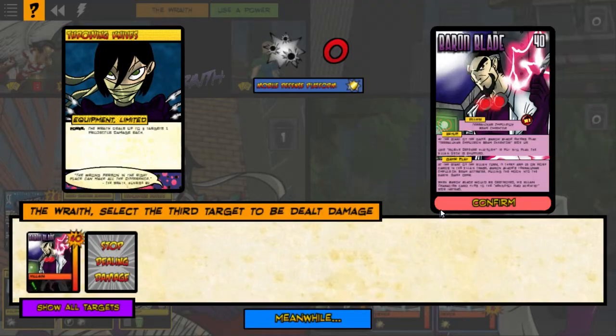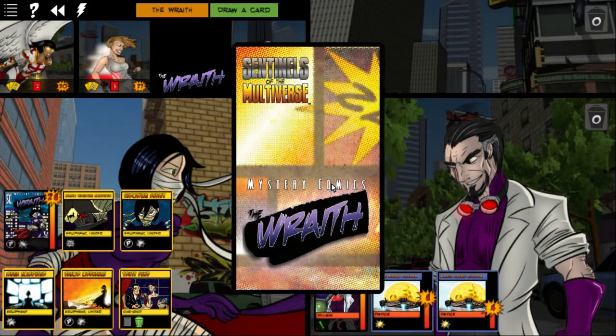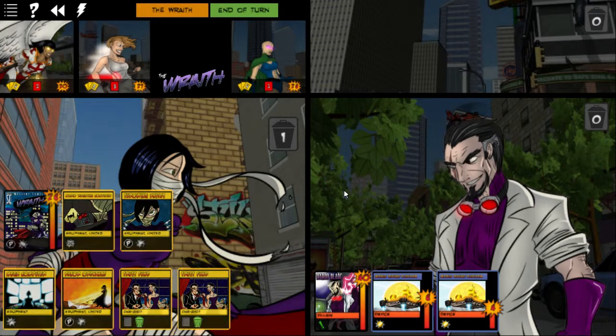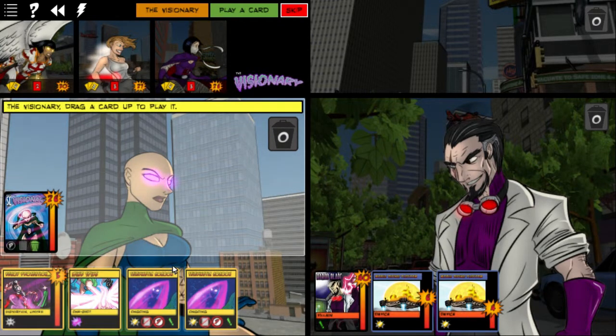Another 3 damage to that. And then we can't hit Baron Blade because he's got the defense platforms in the way, which is a shame. And it's next the Visionary. Now, I have no idea how the Visionary plays. What has the Visionary got? We've got